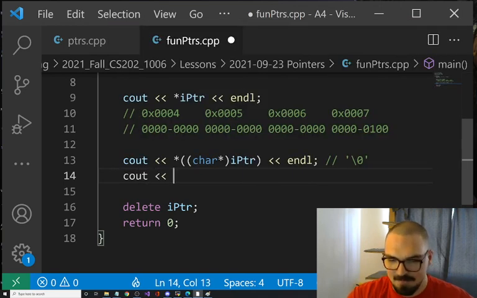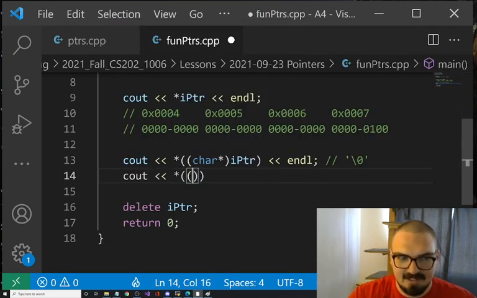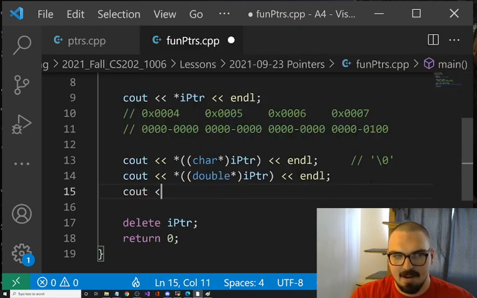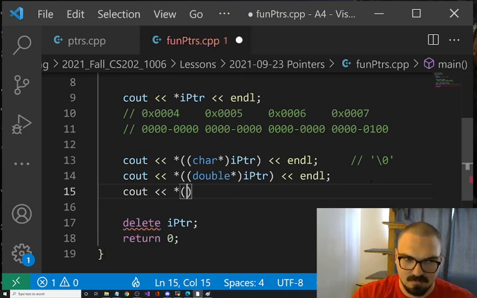Now, similarly, how many bytes does this one dereference? Eight.